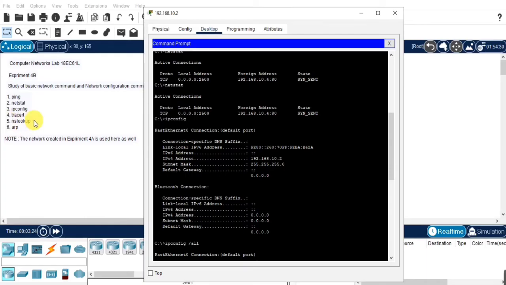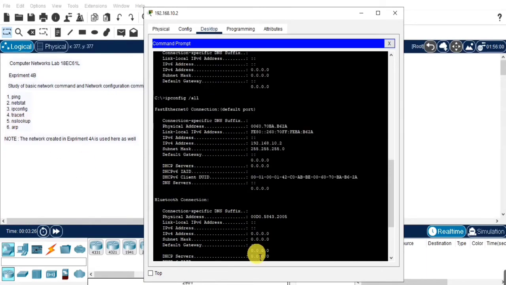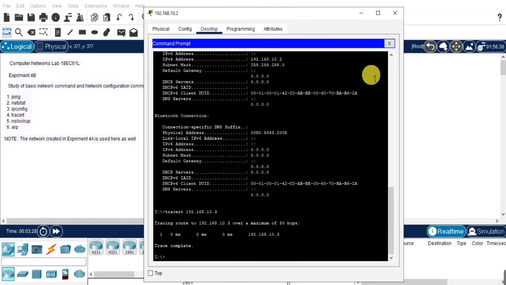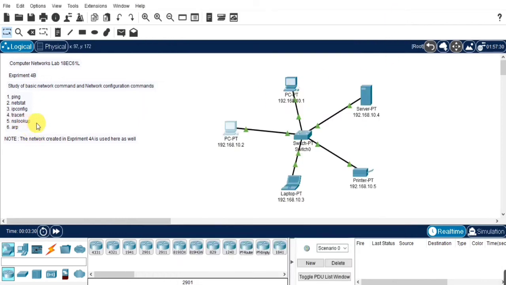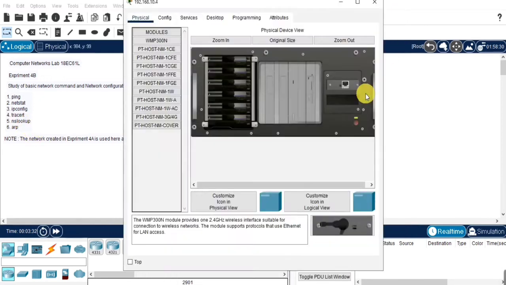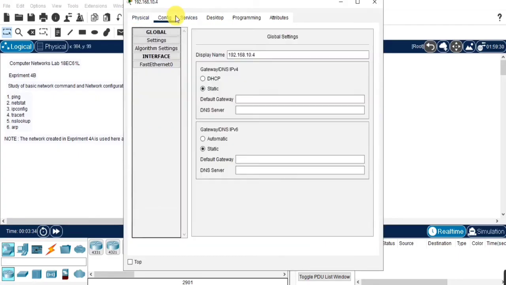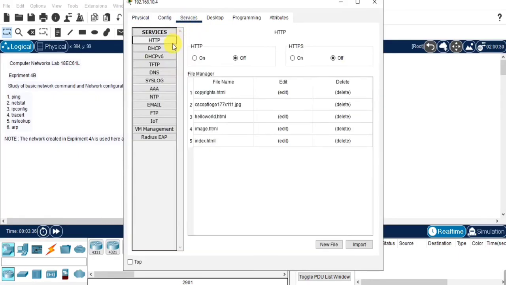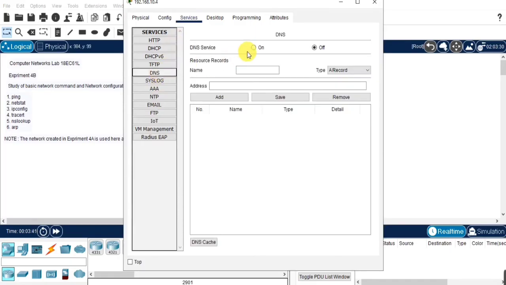Now we will look at another one, which is nslookup. For the nslookup command, we need to do a small thing. For that, click on the server and go to services, then enable DNS and give a name.